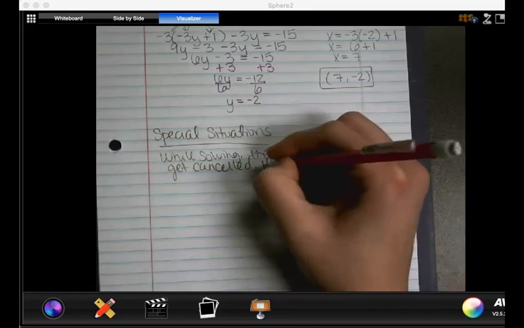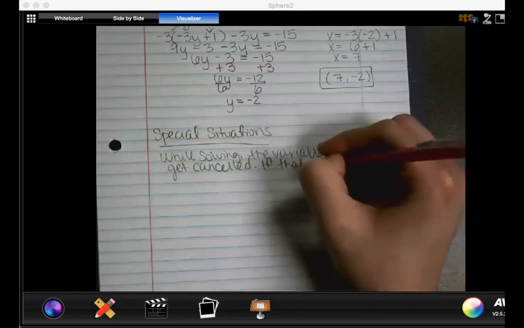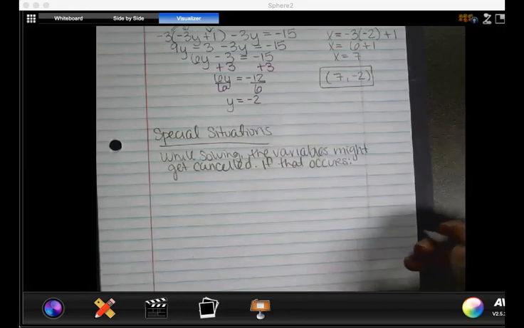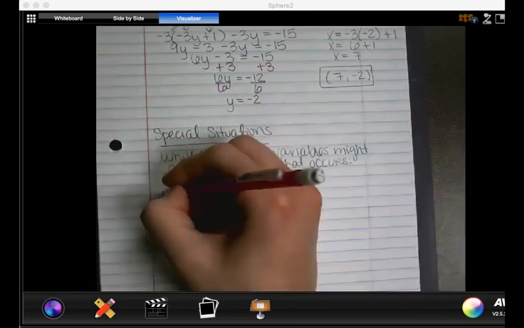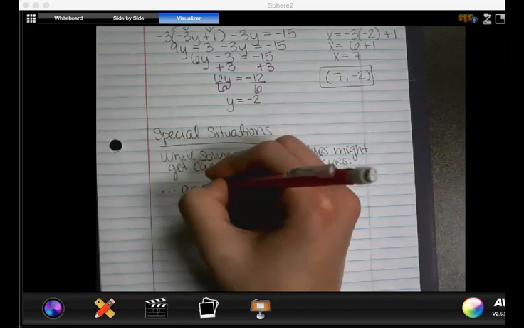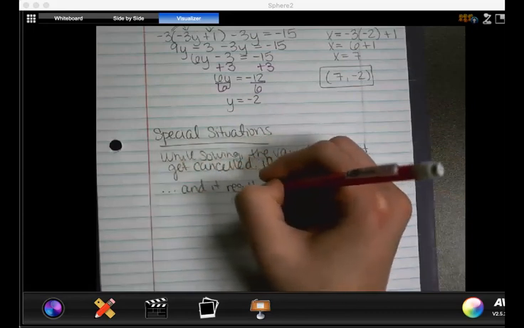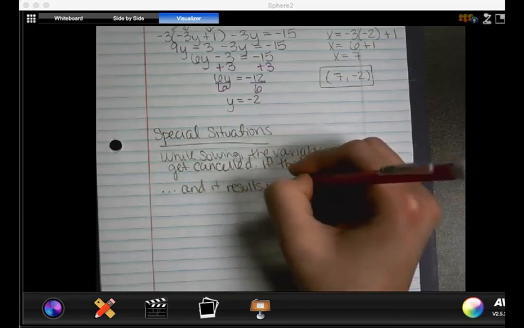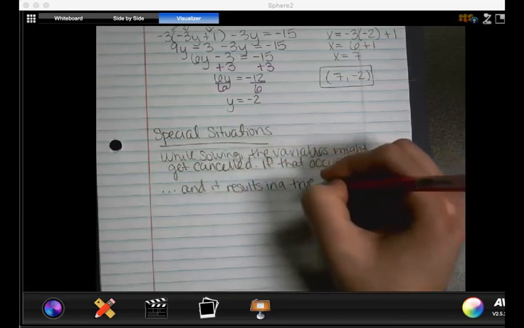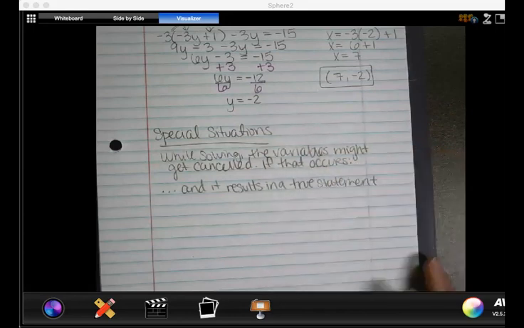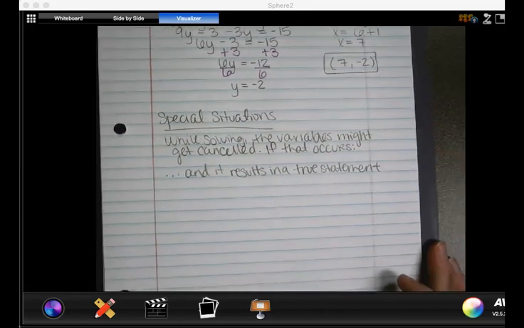If that occurs, and it results in a true statement, such as 2 equals 2 or negative 6 equals negative 6,